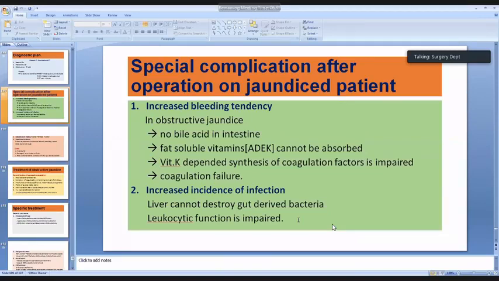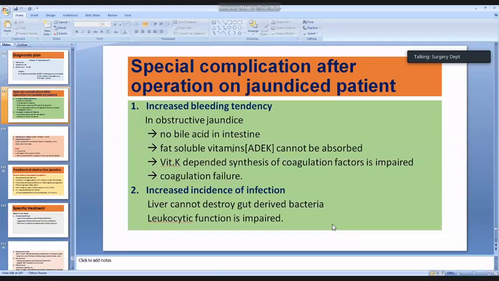If we operate on an obstructive jaundice patient without preparation, there is a possibility of some extra hazards. One of the common problems is increased bleeding tendency. Why does increased bleeding tendency occur? Because in obstructive jaundice bile is not available in the intestine, and we know bile salt is responsible for absorption of